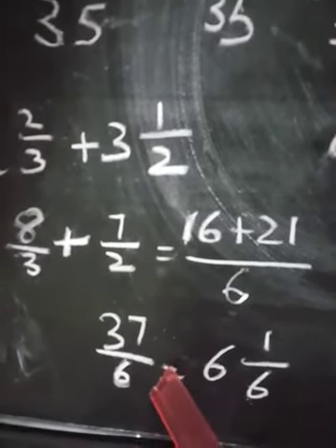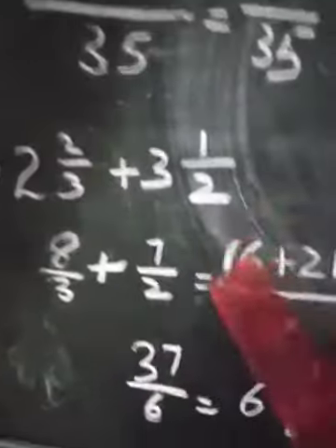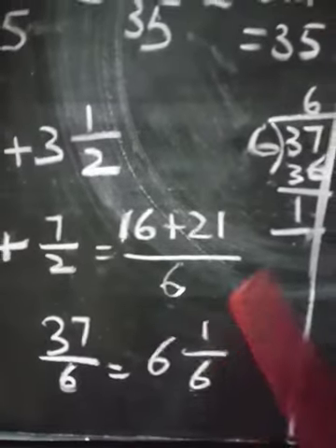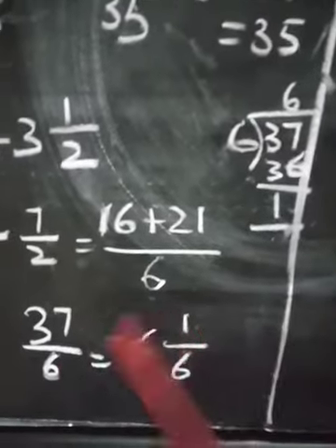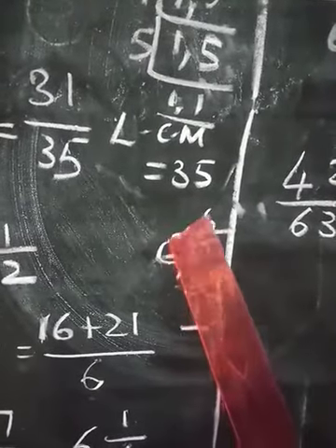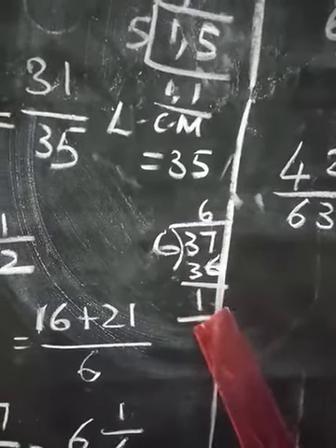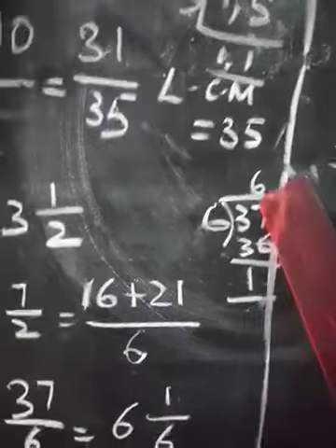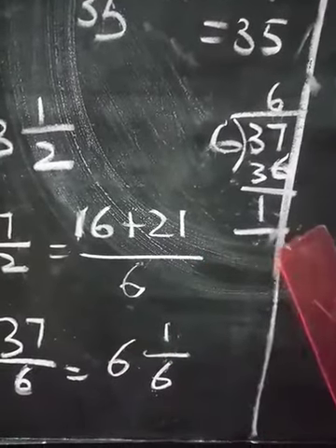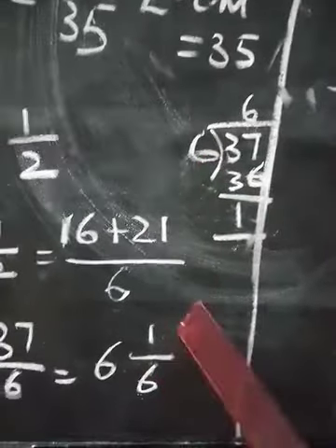Again you should convert this fraction into a mixed number, because in the question we have mixed numbers. So again you convert this in terms of mixed number and write. Okay students, so how to convert this? Just you divide 37 by 6. 37 divided by 6. Okay. So 6 6s are 36. Remainder is 1. So how to write this? First you have to write the quotient. Your quotient is 6 and your remainder is 1 divided by the divisor. This 6. 6 1 by 6.